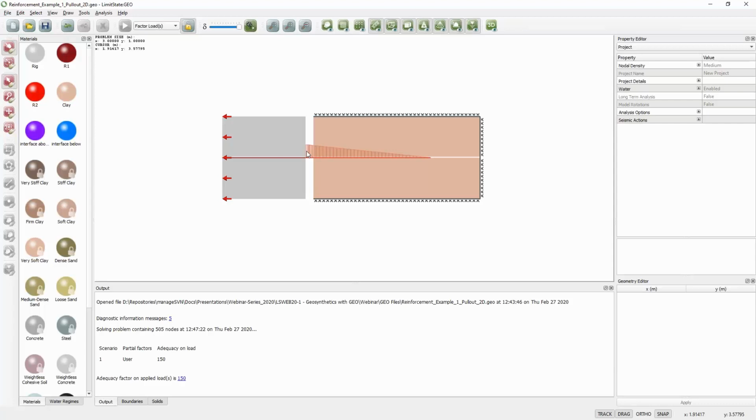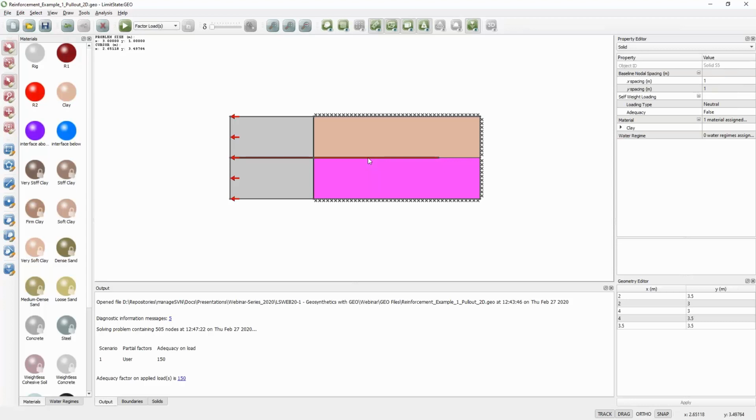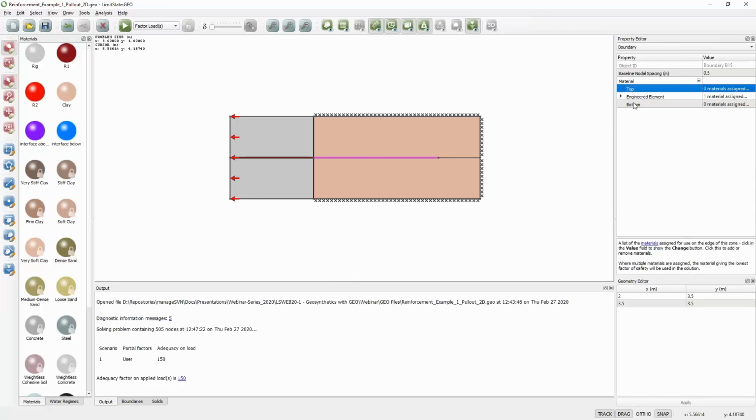Now, I mentioned earlier that often we use an interface factor with the soil, so that often the reinforcement does not interface to the soil with the full soil strength. So we can add that to the element. If I click on this element, you can see that as well as the engineering element defined here, we have a potential to define a material on the top and the bottom of the element. At the moment there are no materials assigned, but I can apply material there, which is effectively an interface material,